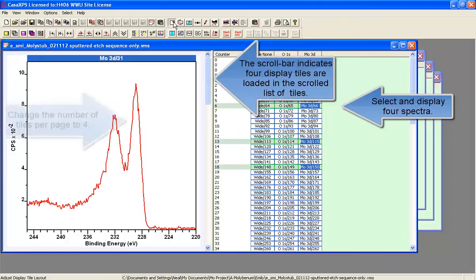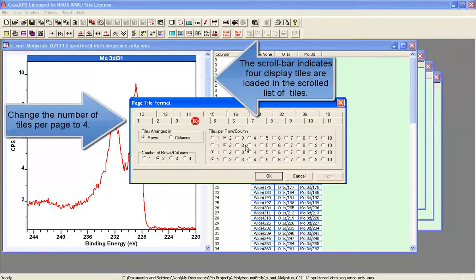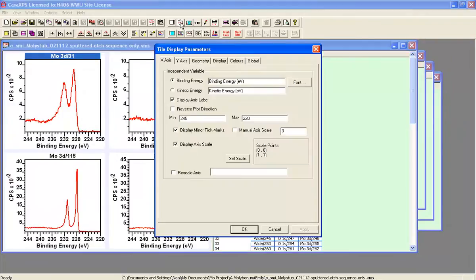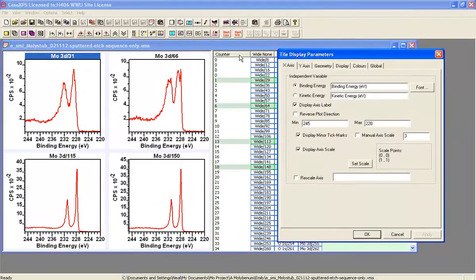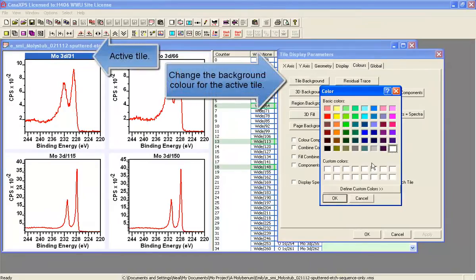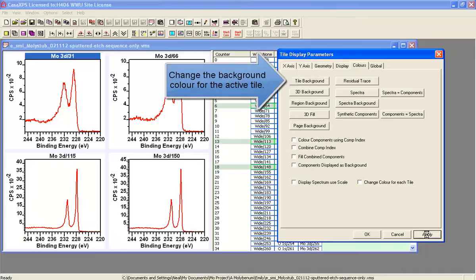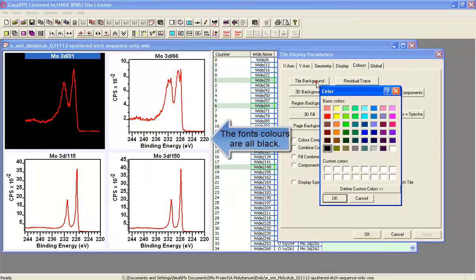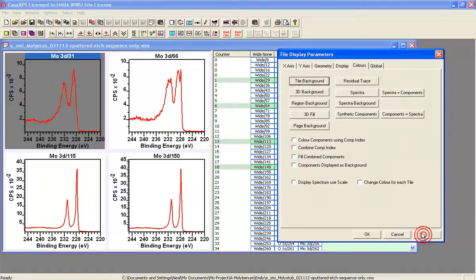the CasaXPS.def directory. So displaying 4 tiles per page, we can now see that there is a display state which looks uniform for all 4 tiles, and we'll now modify one of these. We'll begin by just setting a background color of black, and you can immediately see that you lose a lot of information if you just set everything to black, because the fonts are also black, so you can't see